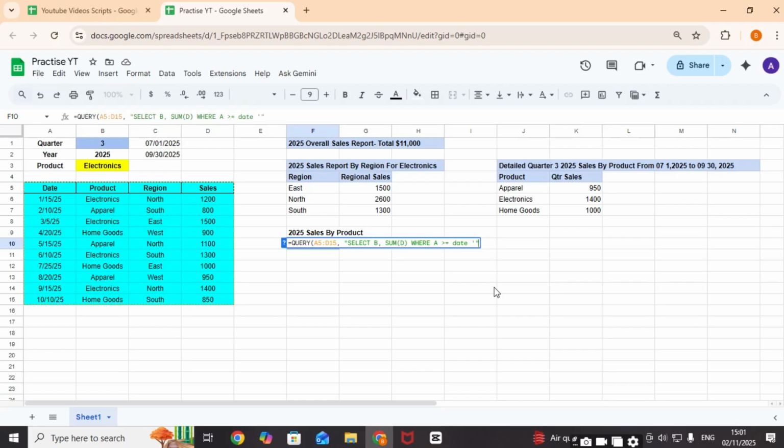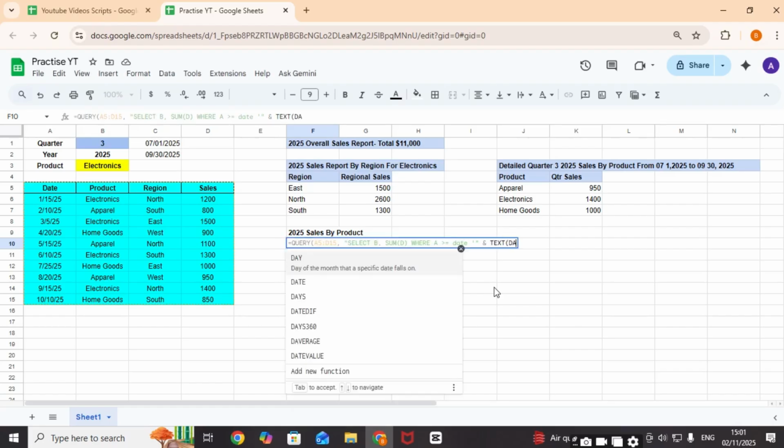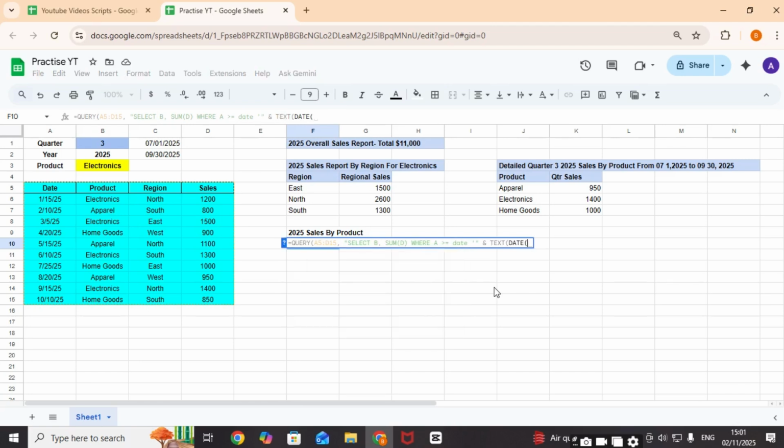Put commas, text, date. So this date will be the start of the year,